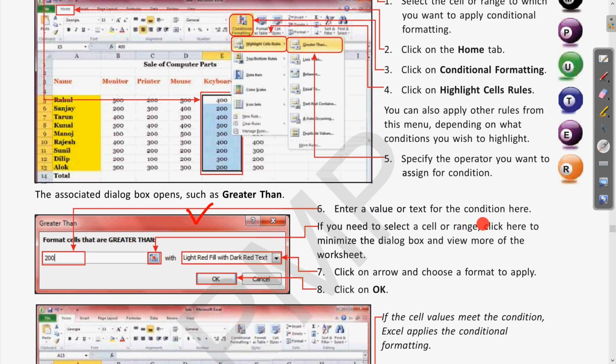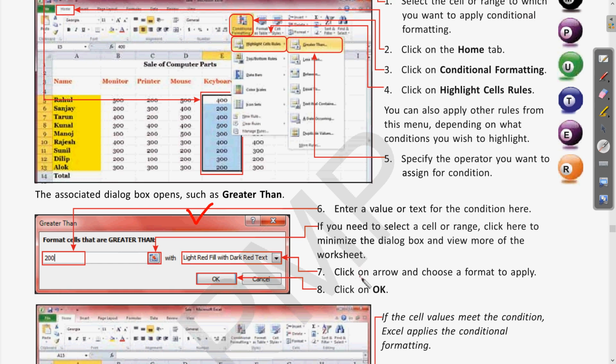So enter a value or the text for the condition here. Then if you need to select a cell or range, click here to minimize the dialog box and view more of the worksheet. Clear? Whatever cells we want this condition to be applied to can be chosen from here, whether it is a single cell or a range of cells.